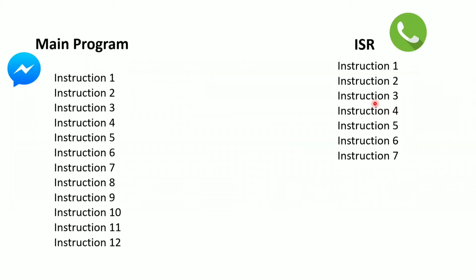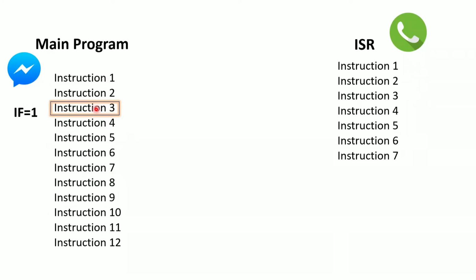The call is obviously the highest priority, right? Now, during instruction execution, Facebook or any app is application software, a set of programs, which is nothing but a set of instructions. So your program has a set of instructions. During the execution of your instructions, say when you are chatting at instruction 3, the interrupt occurs.